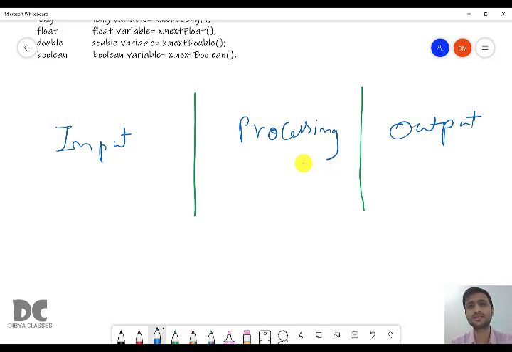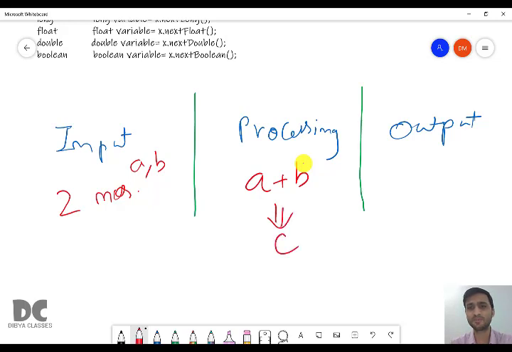For example, write a program to add two numbers. So here the input will be two numbers. If you don't know the two numbers, how will you add them? Processing is adding those two numbers. If the numbers are a and b, you will add a plus b, and output will be the answer of a plus b. If the answer is stored in c, then you will print c.